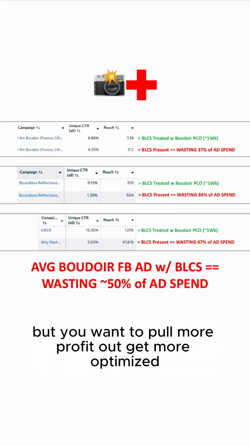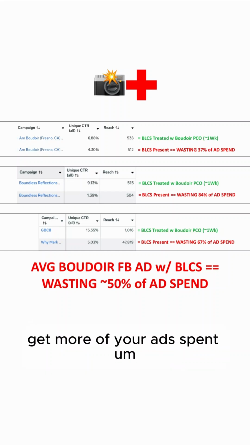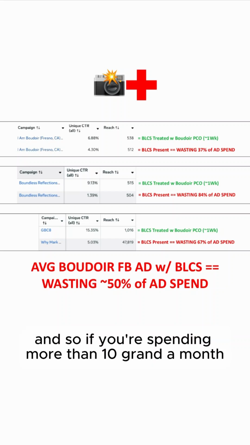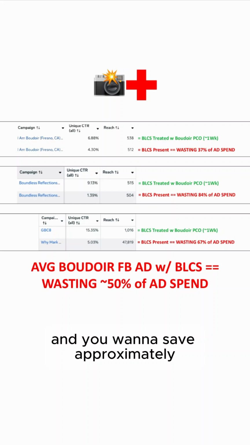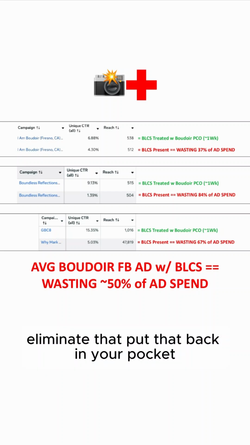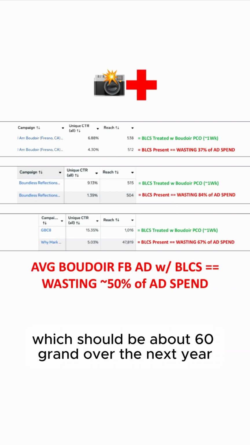But you want to pull more profit out, get more out of your ad spend, because price is going up for everything in real life all over. So if you're spending more than 10 grand a month and you want to save approximately 50% of that ad spend, eliminate that, and put that back in your pocket, which would be about 60 grand over the next year,